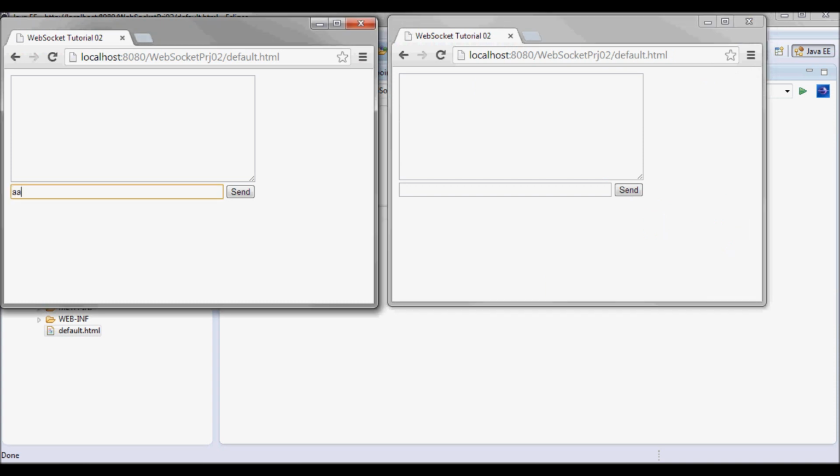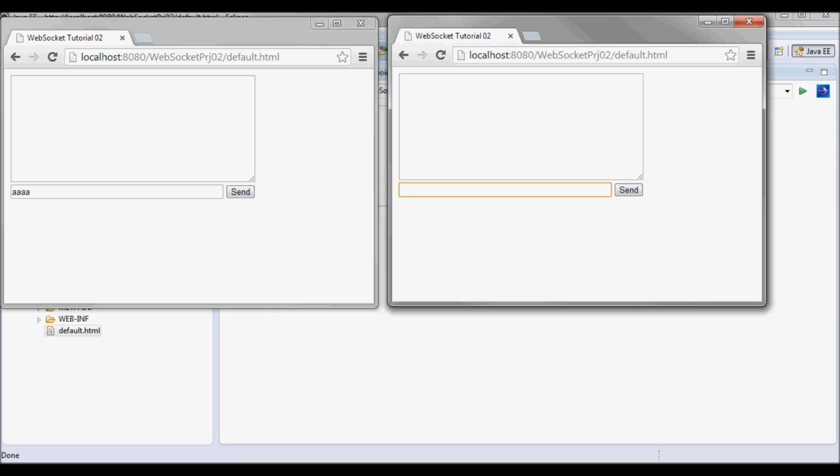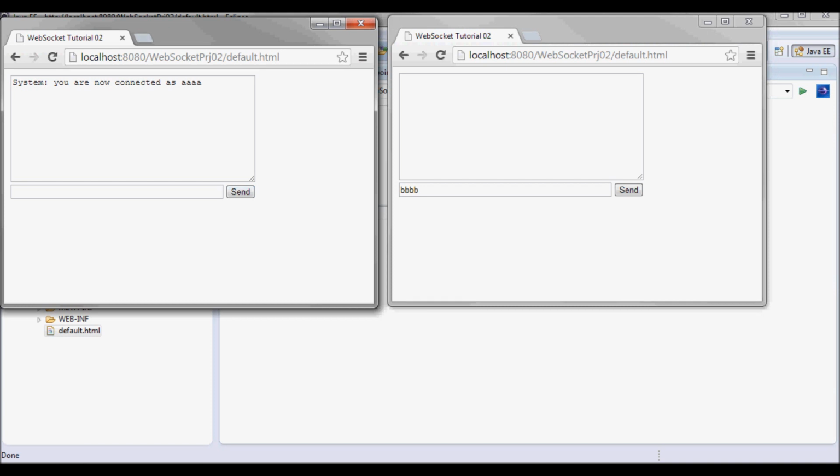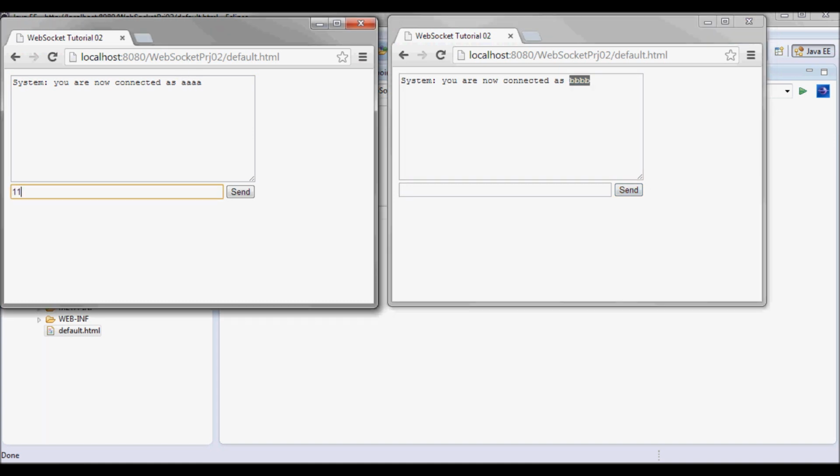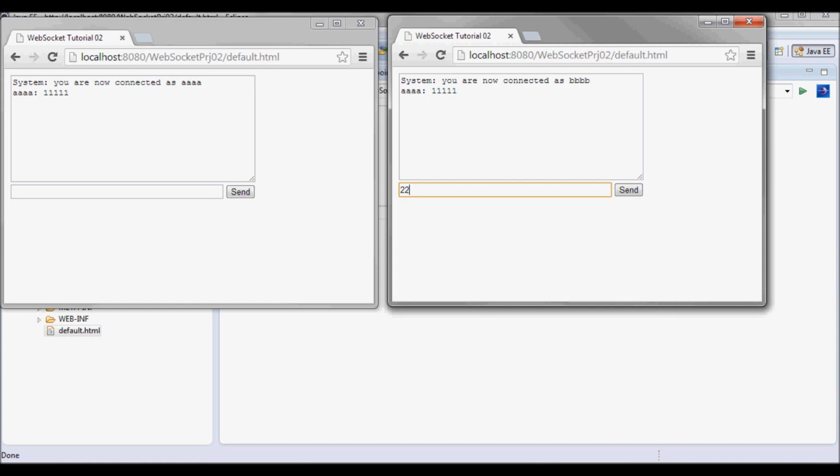And say this user is 4A's and this is 4B's. So this guy is connected as this, and this guy is connected as this. And this guy sends a message, they're both gonna receive it. Same thing if the second guy sends a message.